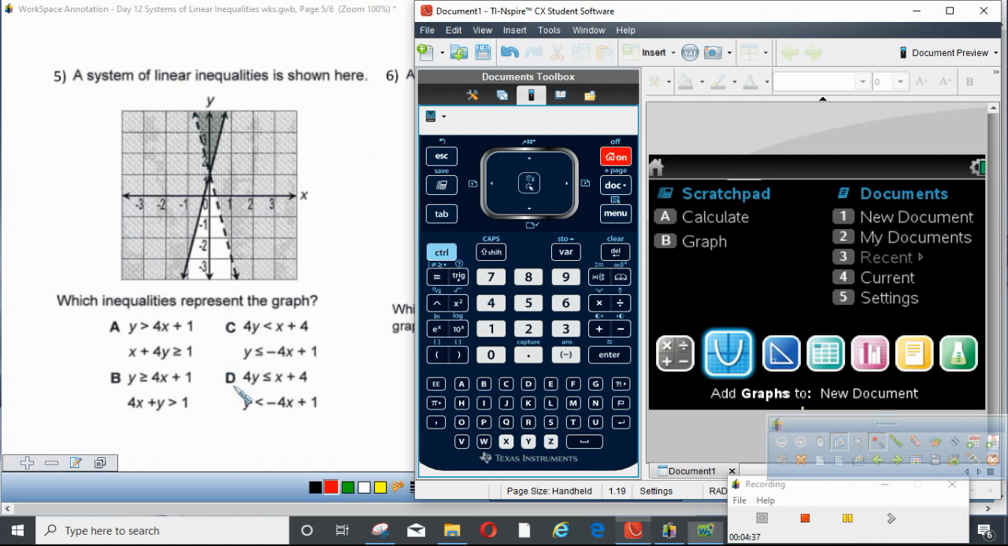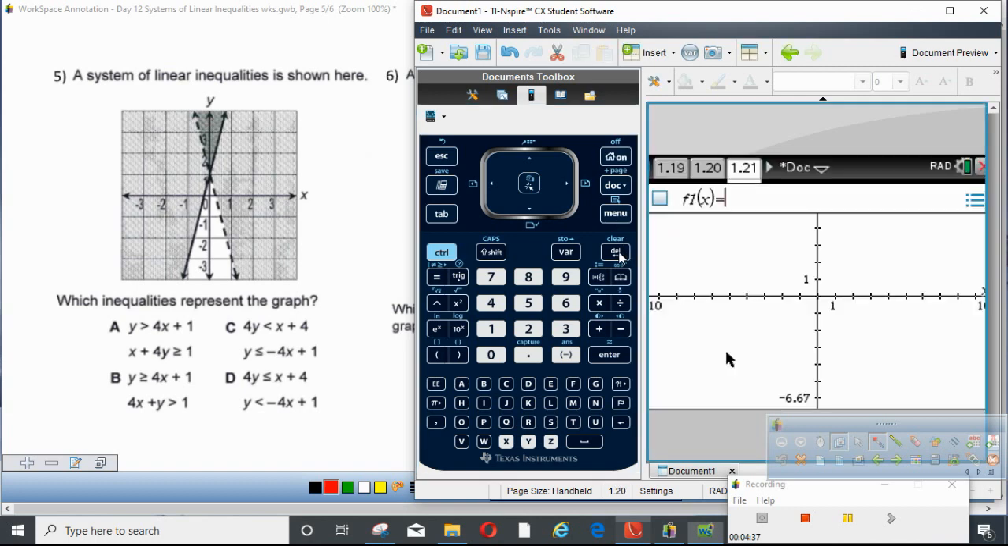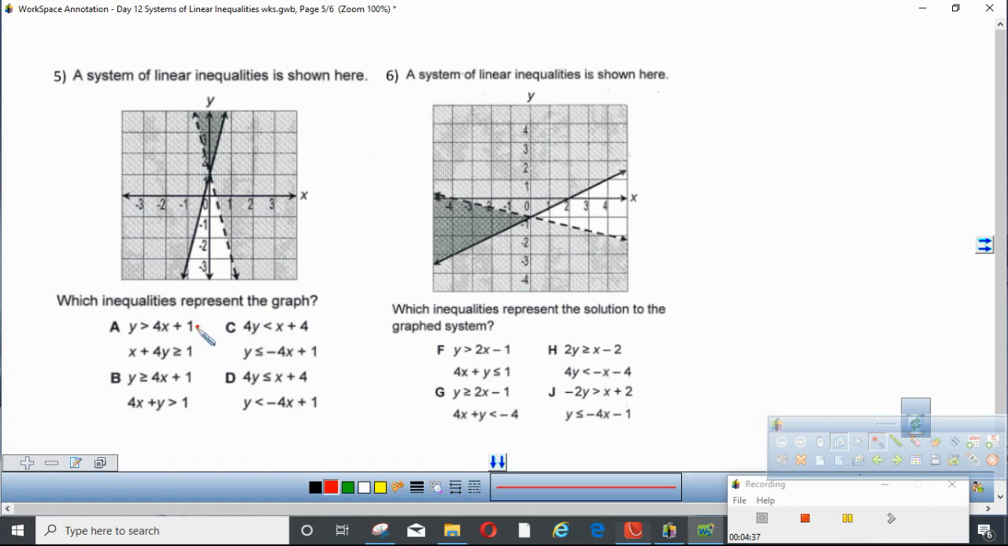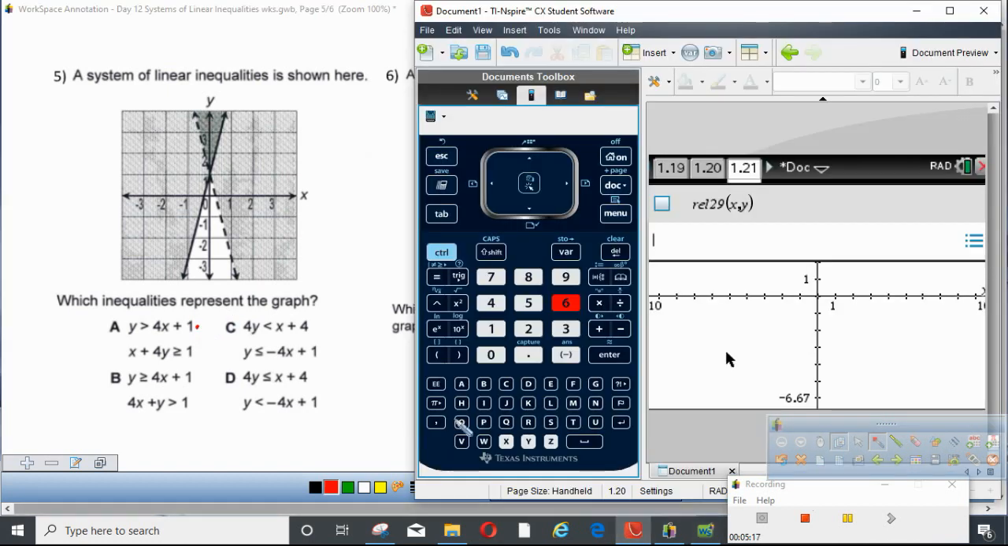So I'm going to show you a little trick that I would personally do to make things go a little bit quicker. We're going to go to Graphs, delete 6. And then we're not going to type in both of these. We're just going to type in one of these. I'm just going to type in that top one right there. And then we're going to look and see, does that match either one of my lines? So we're going to hit is greater than 4x plus 1